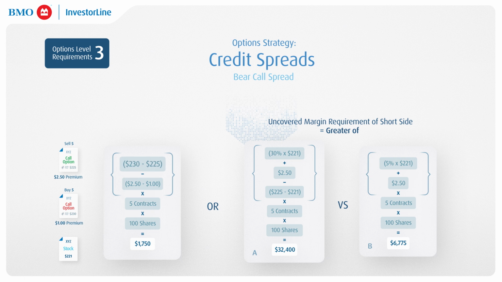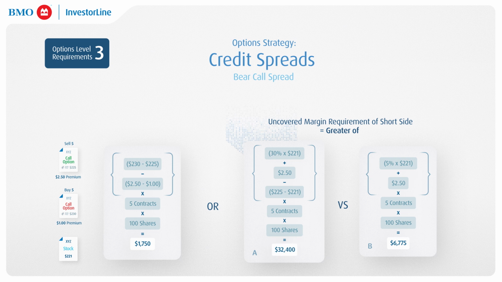The difference in strike price is $5 minus the net premium, which is $1.50, times 5 contracts times 100 shares, which equals $1,750. Or the uncovered margin requirement on the short side of the spread: A, 30% times the underlying price of $221 plus the short premium of $2.50 minus the out-of-the-money amount per contract of $4 times 5 contracts times 100 shares, which equals